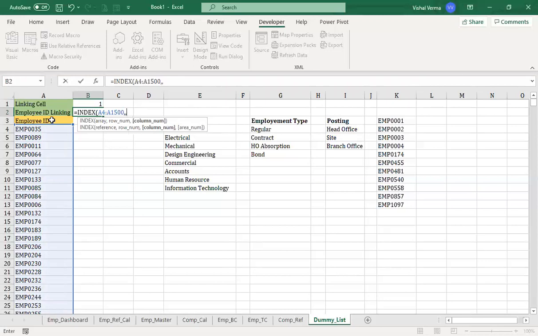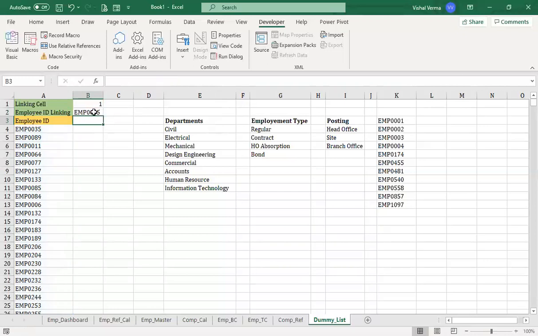And then we are looking for the column number. The column number is 1. First we are looking for the row number, the row number will be this, and the column number will be 1 because it is there in the 1 itself.